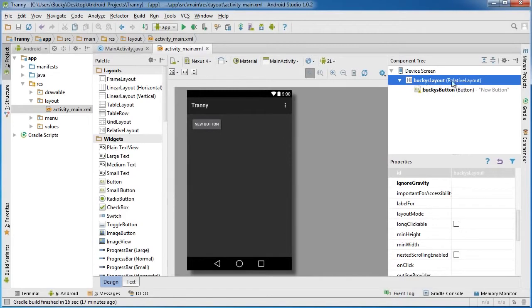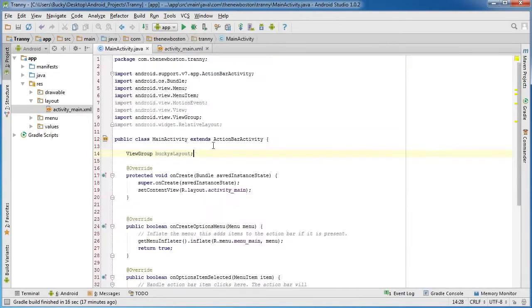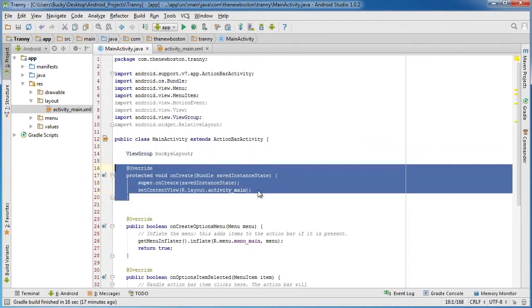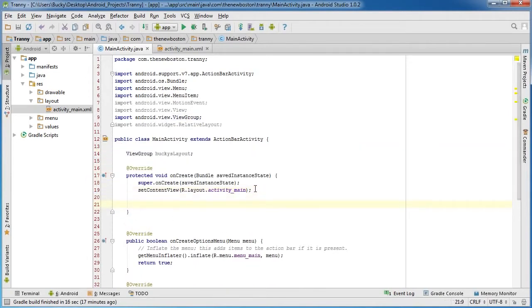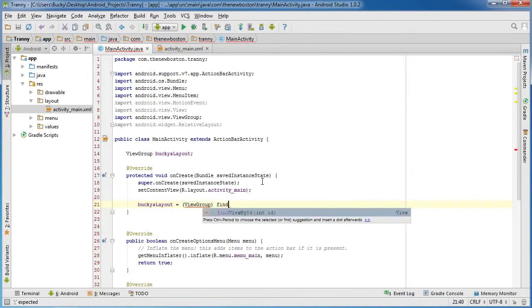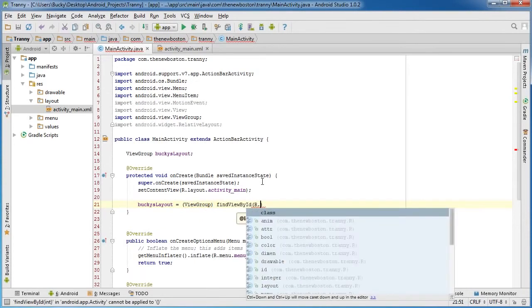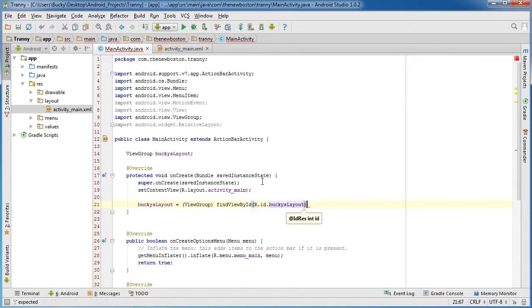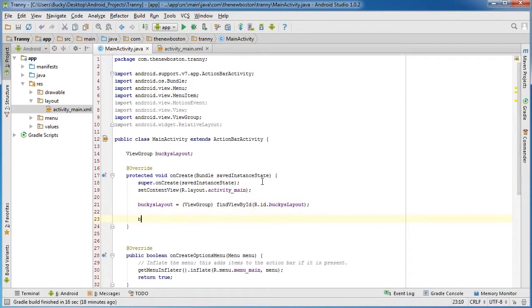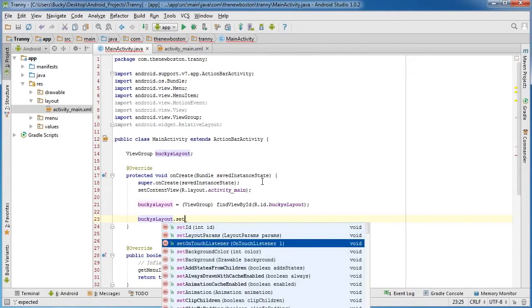So therefore, that's why we need, of course, we did this before, just a reference to this layout. And once we have that, we can hop down to onCreate, and below setContentView, let's set up a listener. So Bucky's layout, set this equal to ViewGroup, find view by ID, and let's go ahead and find our layout, R.id.buckysLayout. So on this layout, I'm going to set OnTouchListener